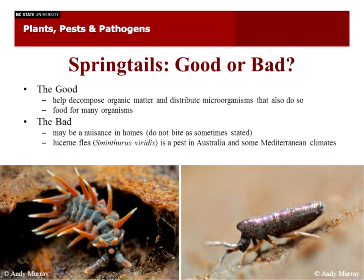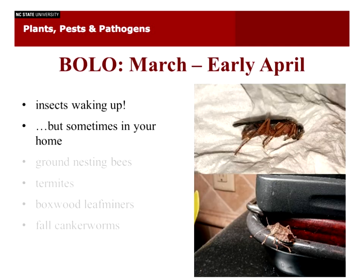Okay. All right, some things to be on the lookout for. So insects are waking up, of course. If you go outside, you're going to see them waking up, but you sometimes don't have to go outside to see them waking up. We, in fact, got a couple photos on this top right here of these wasps that were waking up inside of an apartment. These are paper wasps, and